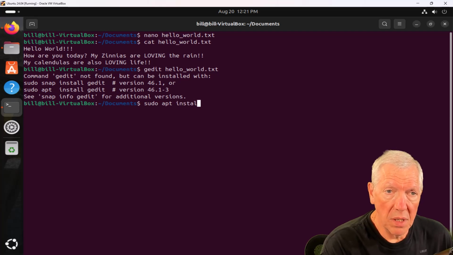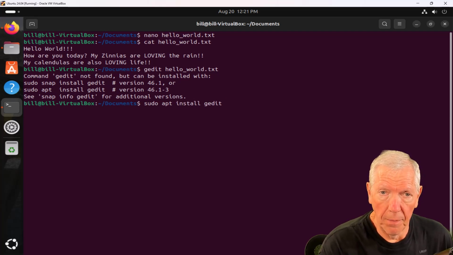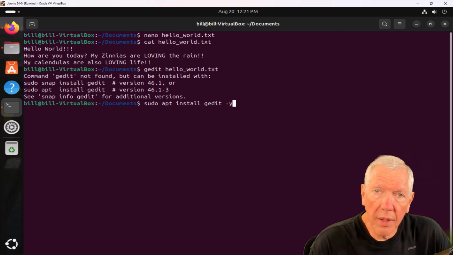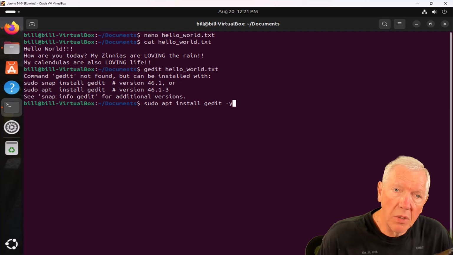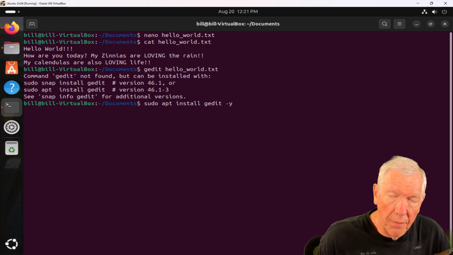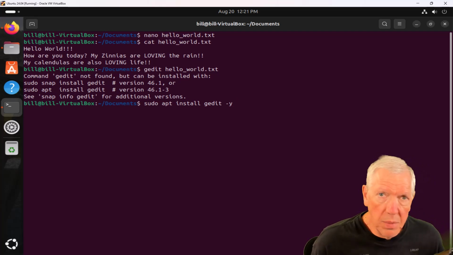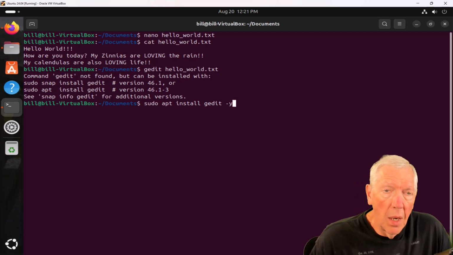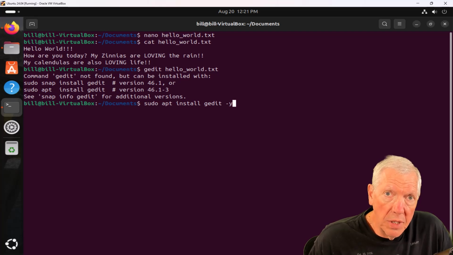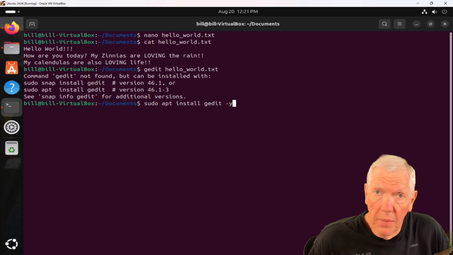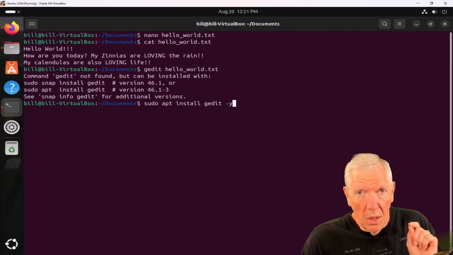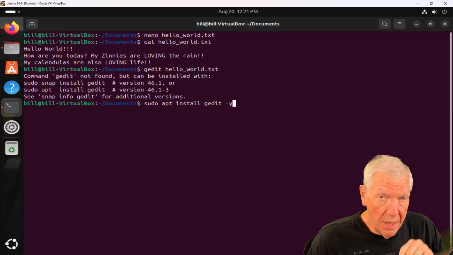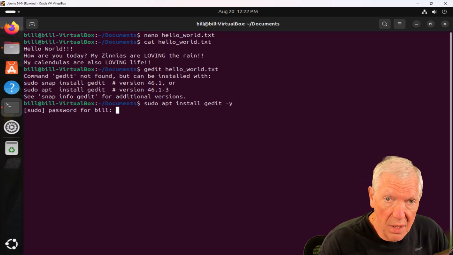And then we'll do install, and we'll install gedit, like so. So this shouldn't take long. By the way, if you put a -y on there, what happens is when you're installing Linux software, it comes up and says, it's going to take this much room. Is this okay? And it's prompting you for a yes. Well, a lot of times you just answer yes. You just say, yep, this is what I want to do. So the way to do that is to put in a -y, and that will automatically answer yes for you. I do want to install this software.